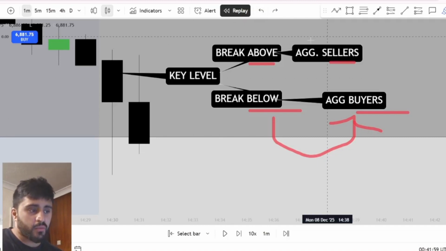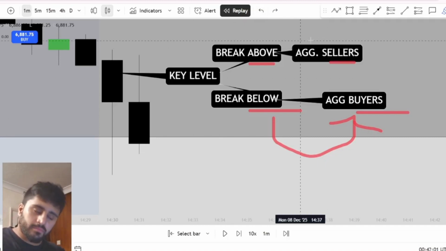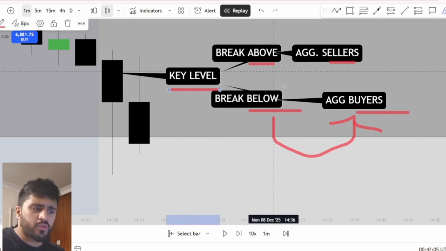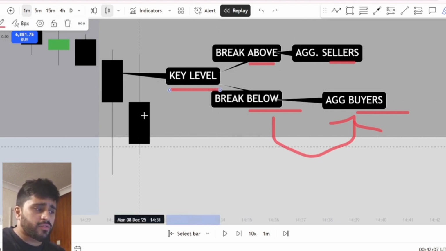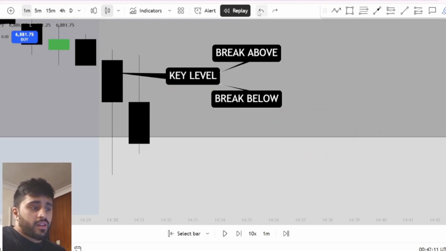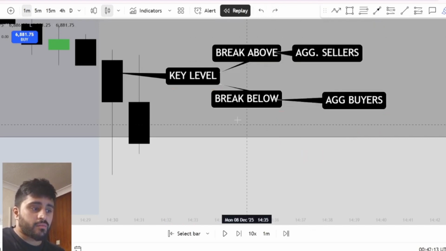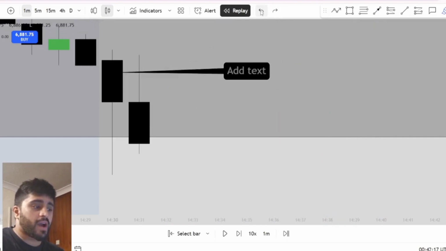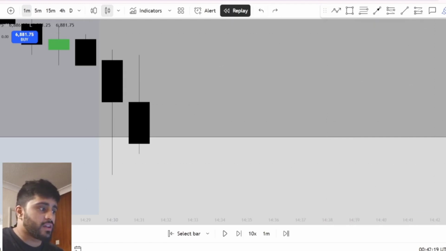So this is sort of the mini framework that I have in my brain that I want to pass to everyone. Once you come into a key level, do we break above or do we break below? Okay, the first 5 or the first 2 minutes we break below the zone. Now we see that with aggressive buyers being present. So this is the power of order flow. Once we've tagged into a key level, we want to see what the first 2, 3, and ideally